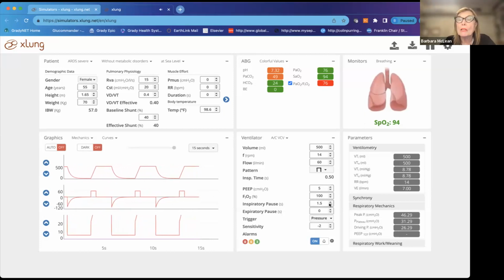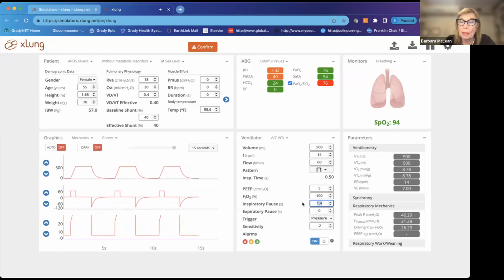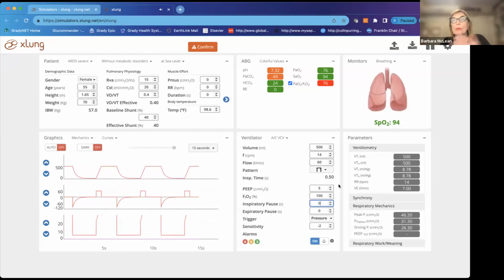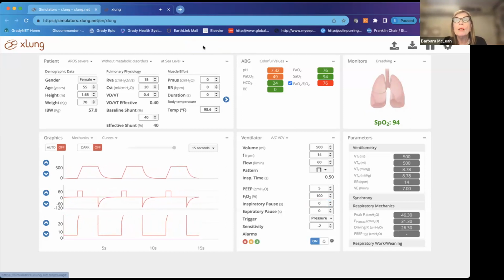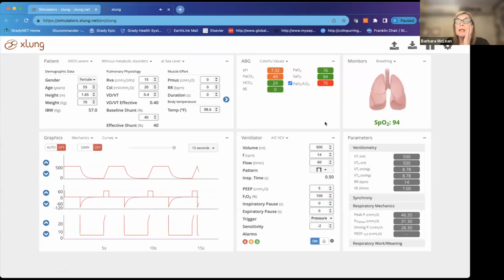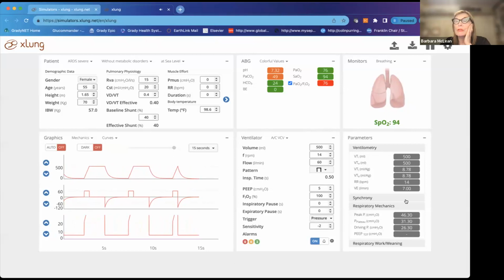I'm going to take my pause off. I'm going to go back to 0 here, because once you've done the plateau pressure, you don't need to do that anymore. But what we should expect to see is our patient's PO2 should start to improve because, well, no, he's not going to improve because I haven't adjusted his PEEP. So what I'm going to do now is I'm going to start to adjust his PEEP, which actually is going